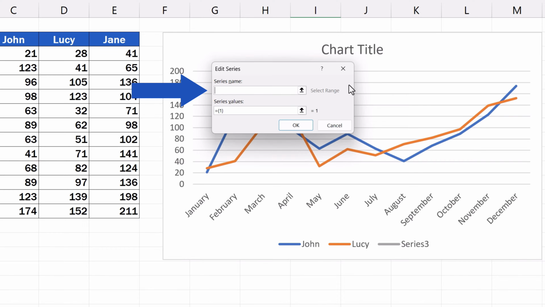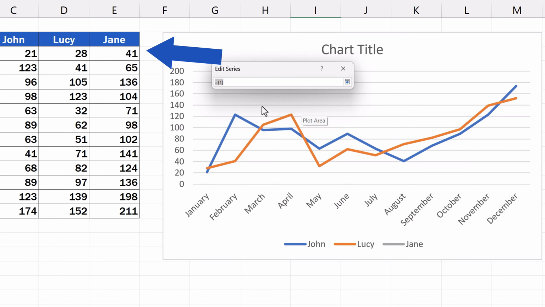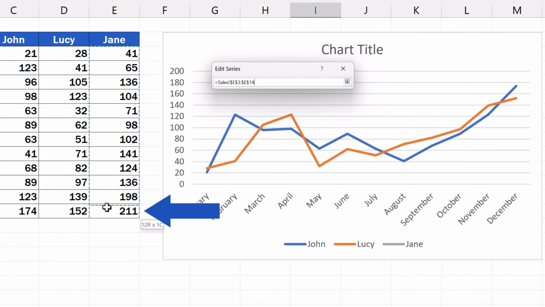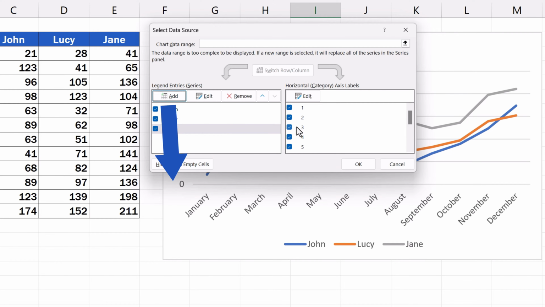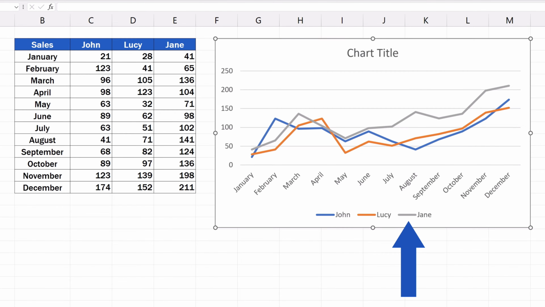You'll see another window where you can name the data series you want to include and define the range in the line below in series values. So let's have a look at how to do that. In the first text box, we'll type Jane. And in the text field Series Values, we click on this arrow, which will allow us to define the data range we want to enter in the graph. Now we press Enter, then OK, and the left pane in the window now shows Jane's data too. Once we press OK again, the third line appears in the line graph.